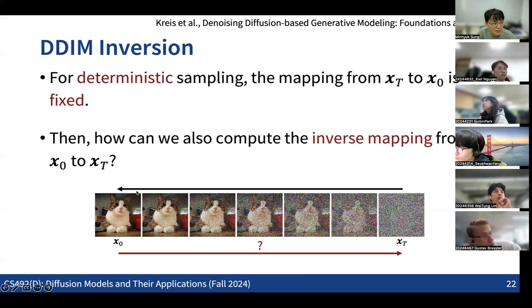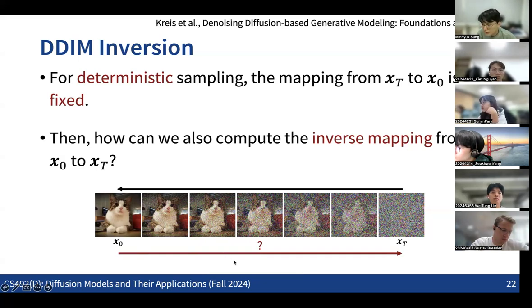So what is basically the x capital T that resulted in producing the x0 from it? That's the question of the DDIM inversion. The thing is that while the calculation from x0 to xt is simple, in terms of that we know the formulation, the inverse problem is not that straightforward,